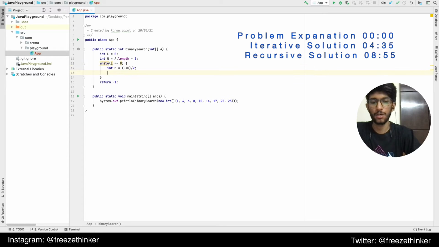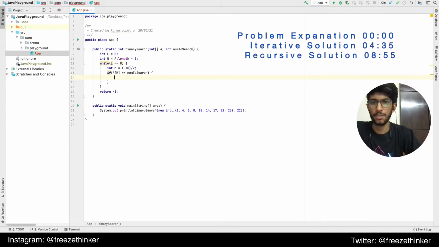Now let's check if a of m is equal to, I also have to take a number here. Let's just search for 22, and this is int number to search. If a of m is equal to the number to search, I'll just return the value of the index that it is available on.